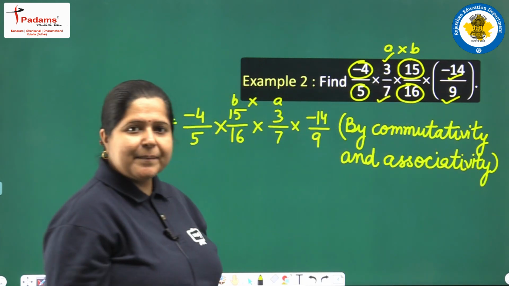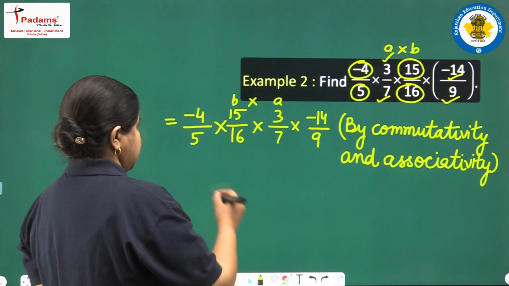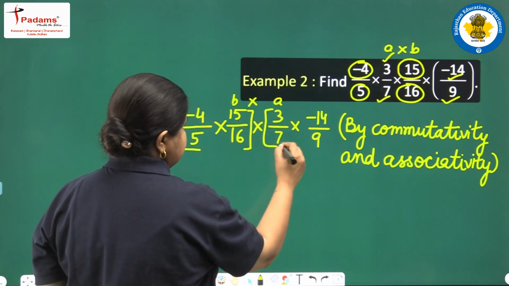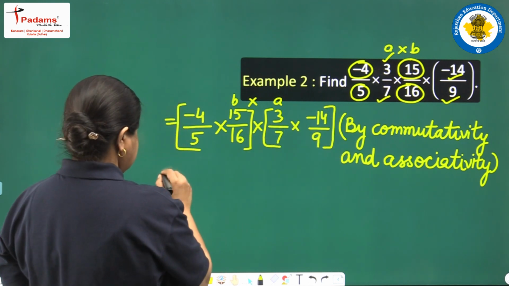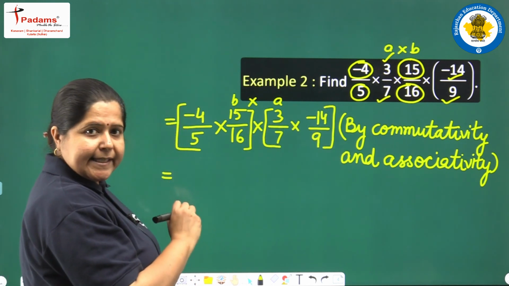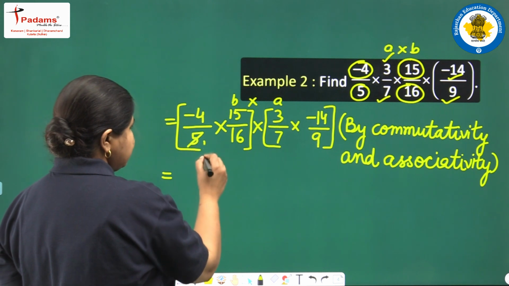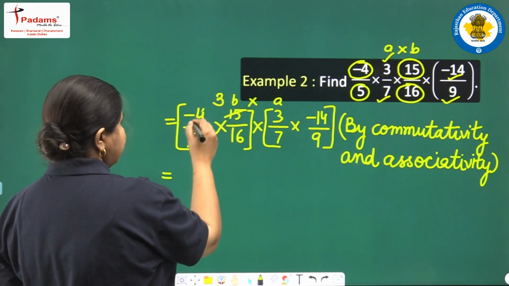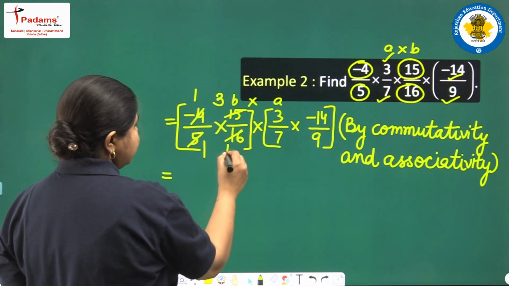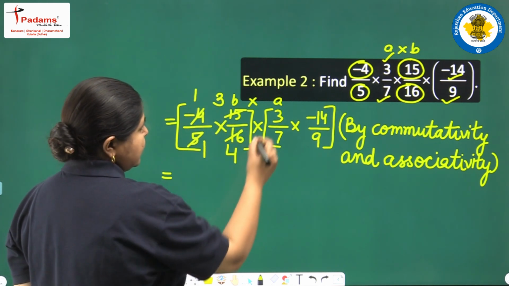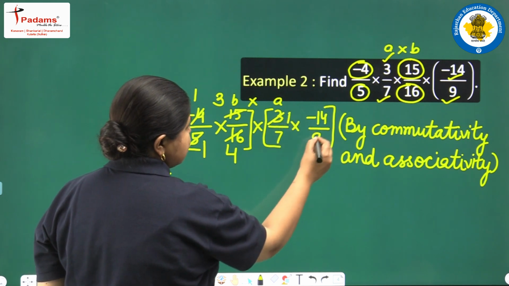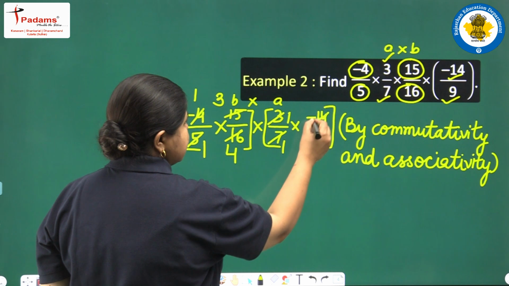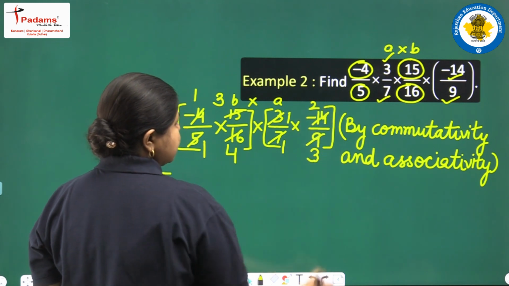These two terms are being used here. Let us solve these two terms together and these two terms together. We will do the cancellation part. 5 ones are 5, 5 3s are 15, 4 ones are 4, 4 4s are 16. Again 3 ones are 3, 3 3s are 9, 7 ones are 7, 7 2s are 14.